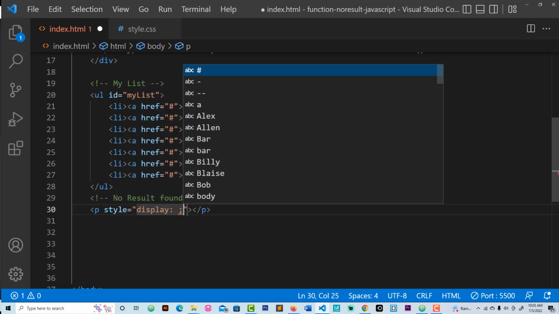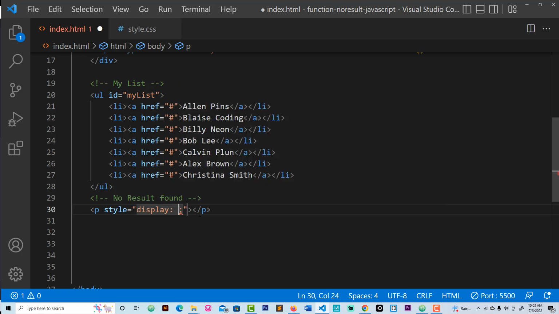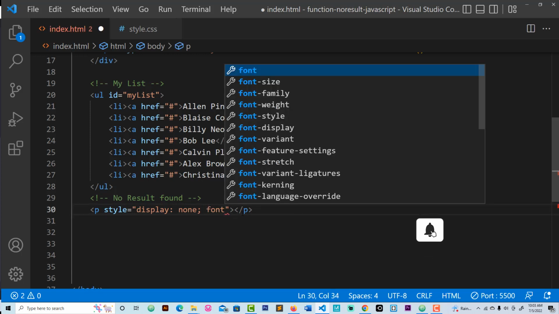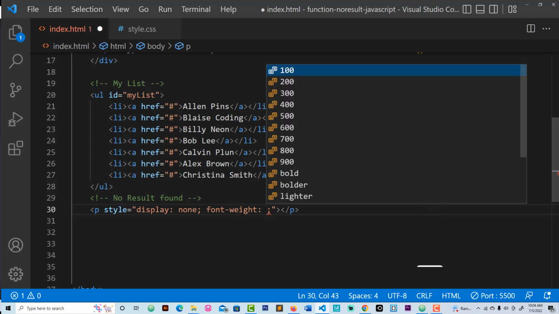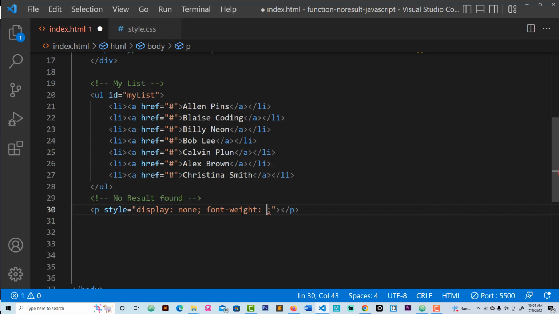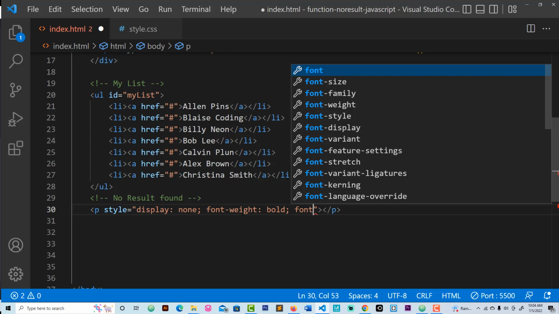I'm going to say display, display none, and go here space. I'm going to use a font weight, okay. I want my font weight to be bold, like this, and I'm going to use font